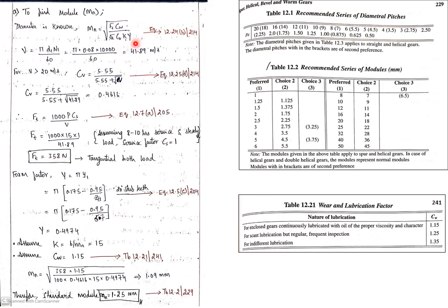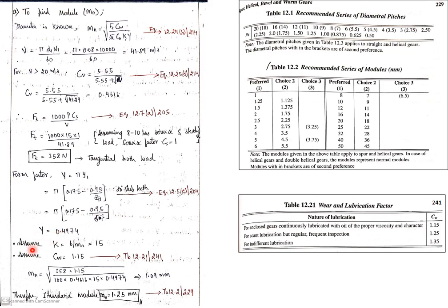Second is to calculate the form factor, that is Y is equal to pi into y1. Y1 represents the parameter with respect to the pinion. Similarly to spur gears, we calculated with respect to 20 degree stub teeth. The formula is this, but as I told you in the previous slide, in the design calculations there is a small change where Z is replaced with ZE1, that is the virtual number of teeth. 1 represents the pinion. We have calculated ZE1, just substitute the value, that is 57 teeth. You will get the form factor Y.